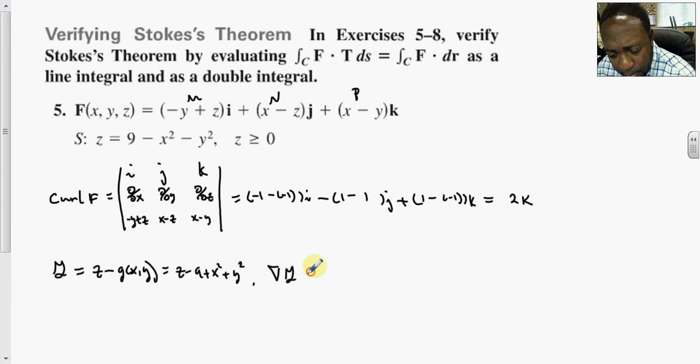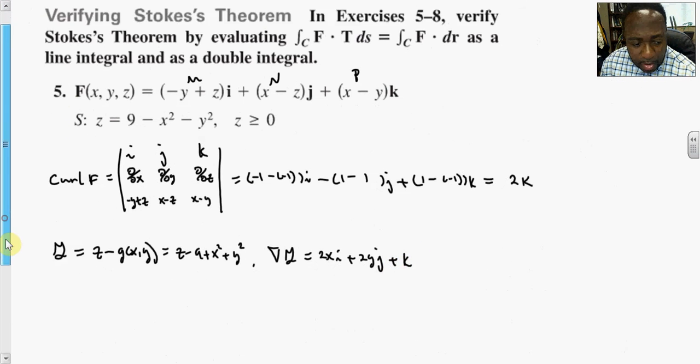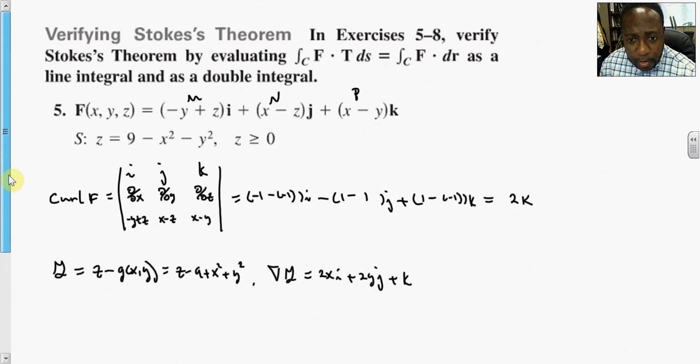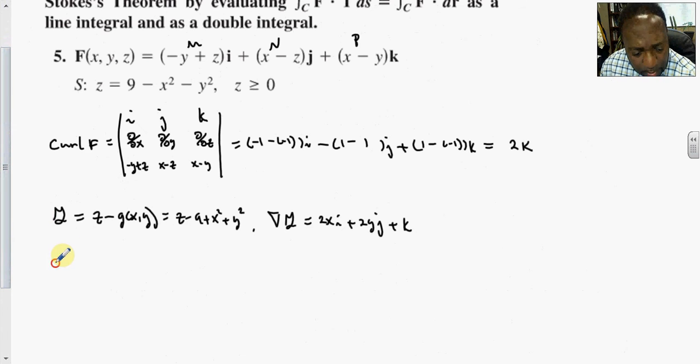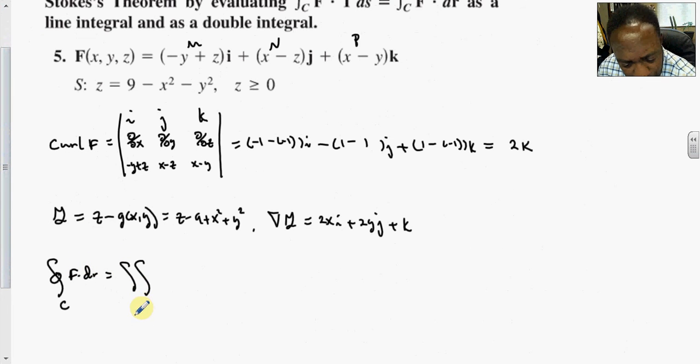And so the gradient of g is 2xi plus 2yj plus k. Why do we need the gradient? Well, here's my conjecture. The line integral of F dot dr, this is Stokes' theorem, is the double integral over the surface